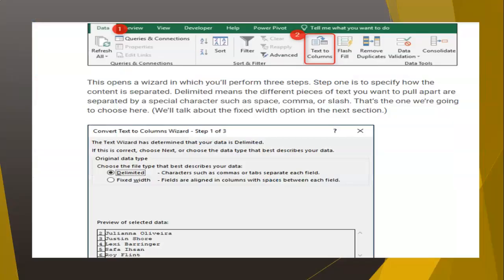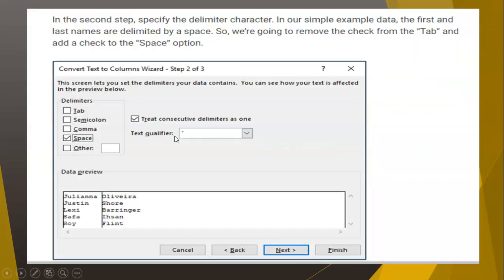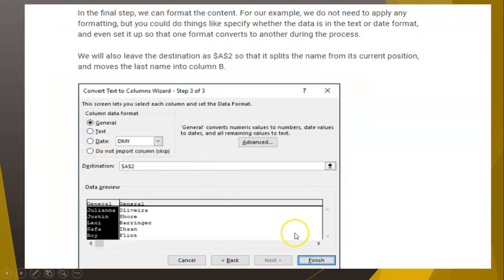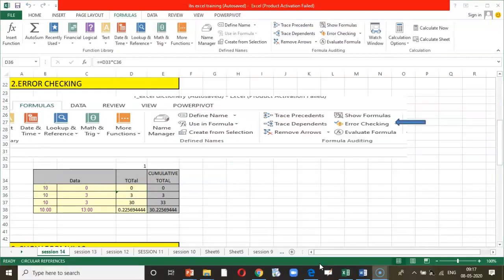This is step 1. As soon as you select text to columns, the wizard opens. This is step 2, where you can select the delimiters. The delimiters can be space or comma. And this is the third step, where you can select the data format. Even the date, if you observe, can be selected and it can be separated. And just click finish. With this, you will get data separated into 3 to 4 columns.